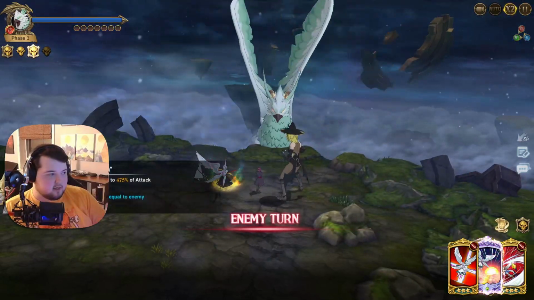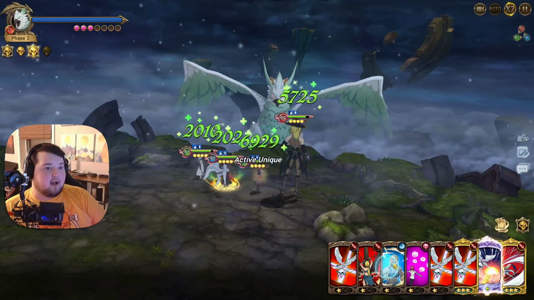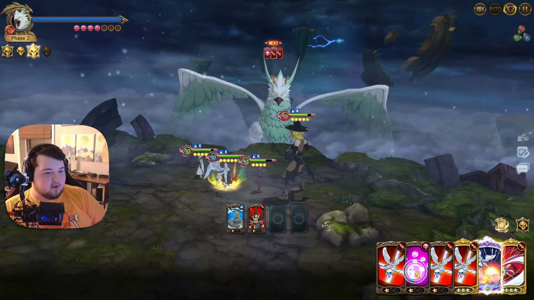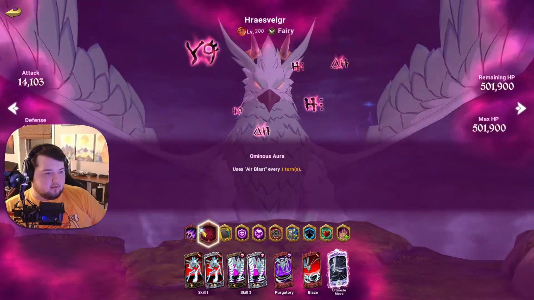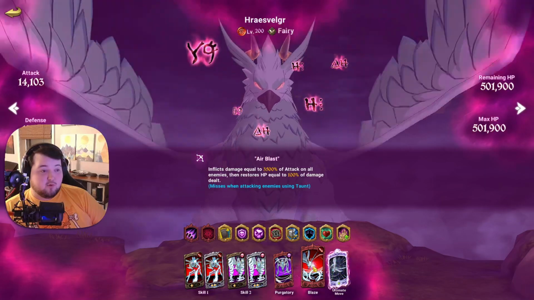What do these cards have? Power Strike. I knew it was going to waste the Power Strike card there. Okay. Oh, thank God. The run is saved. Let's go ahead and put that on. So basically this phase is going to every 2 turns he's going to use Air Break, or every 1 turn he's going to use Air Blast. And Air Blast deals